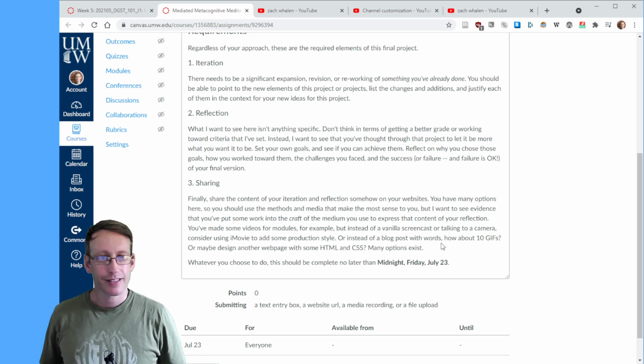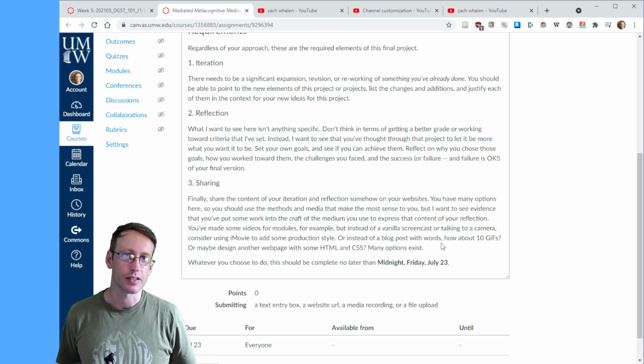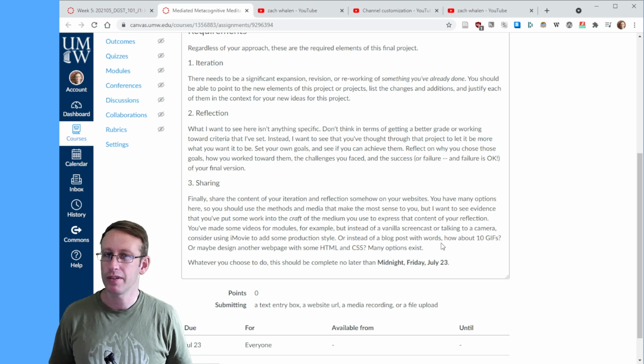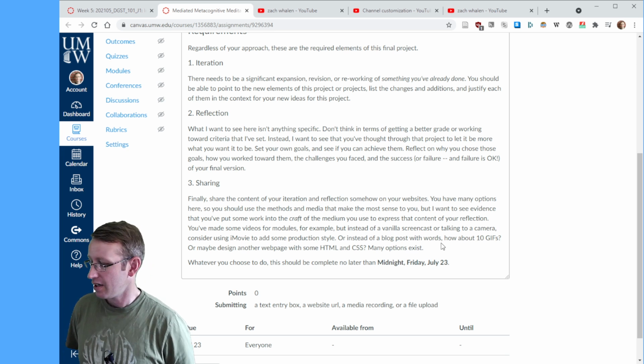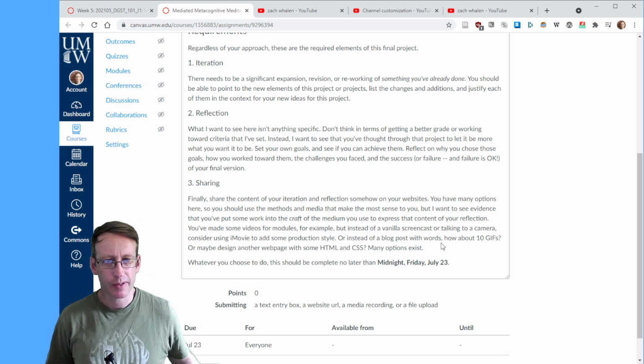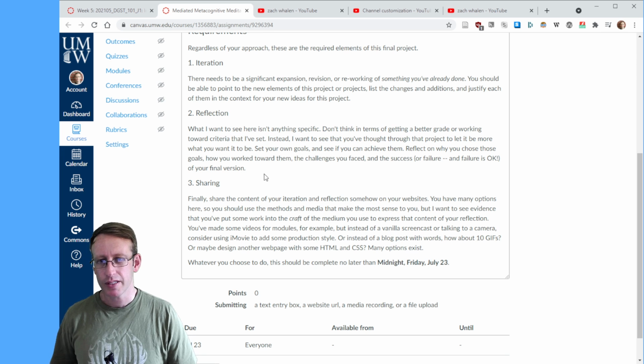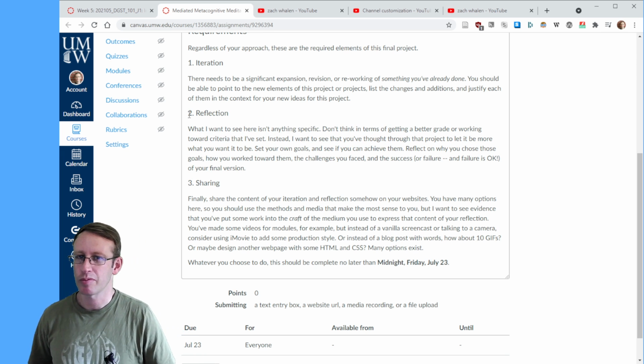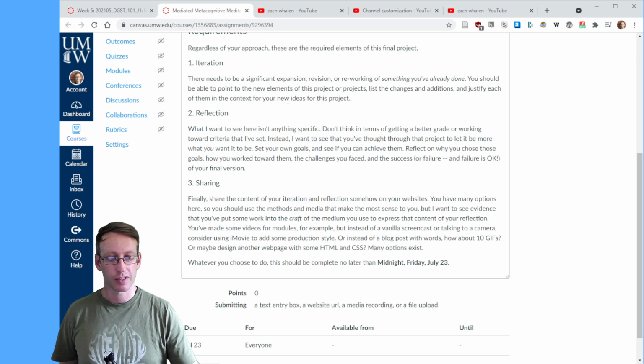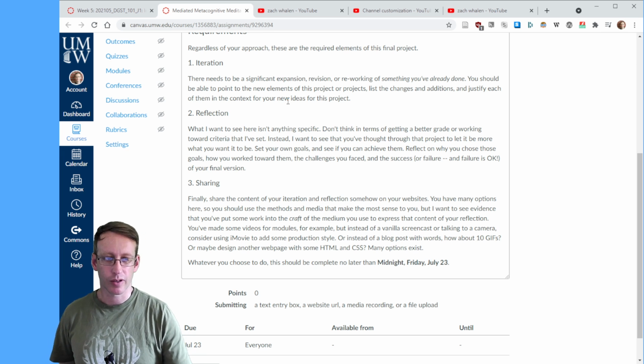So that's the mediated metacognitive meditation. It's quite open-ended, as you can see, like many of my assignments, but I'm sure you'll find a way to be successful. Just the big thing that I've been starting to tell people, especially in the reflection, is that the process is a lot more important than the final product. So it's not so much that you made something that's awesome, but what you learned along the way, and also how you learned